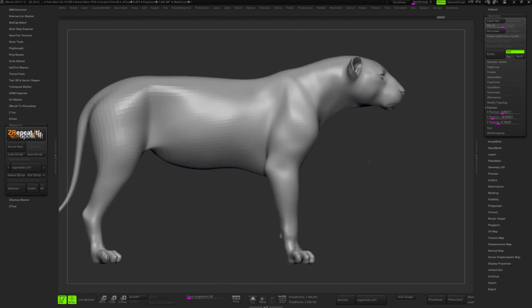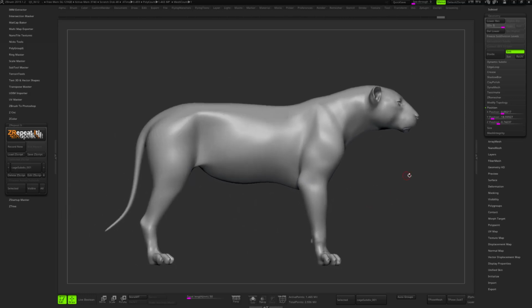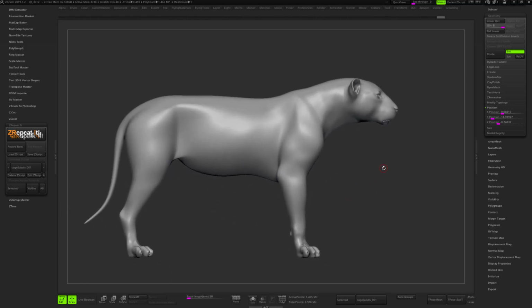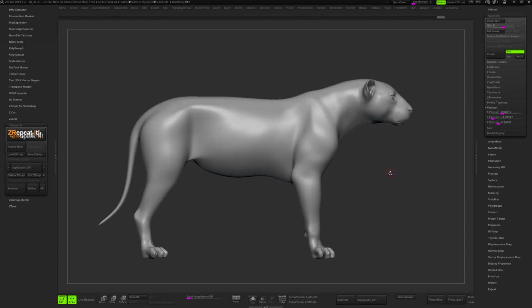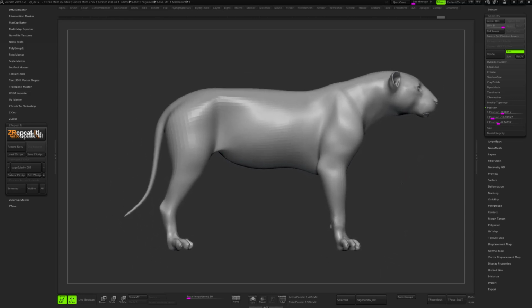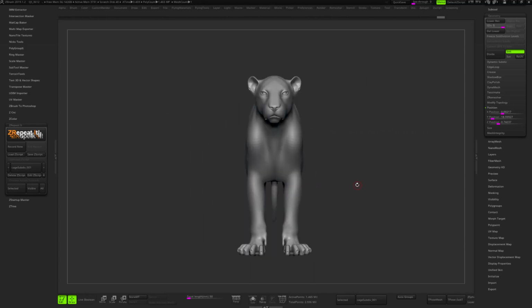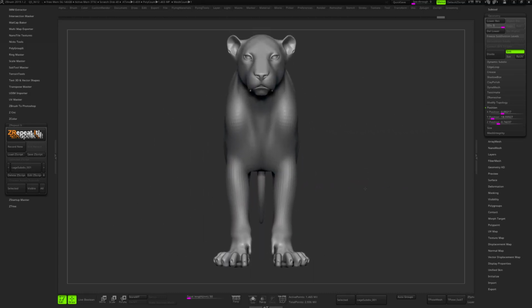So guys, this is it for this tutorial. I hope that you find this technique to be really useful, and I really encourage you to use this technique for subdividing your model once you get a proper retopology and once you get some UVs, so you will not break your base mesh and your retopology workflow.